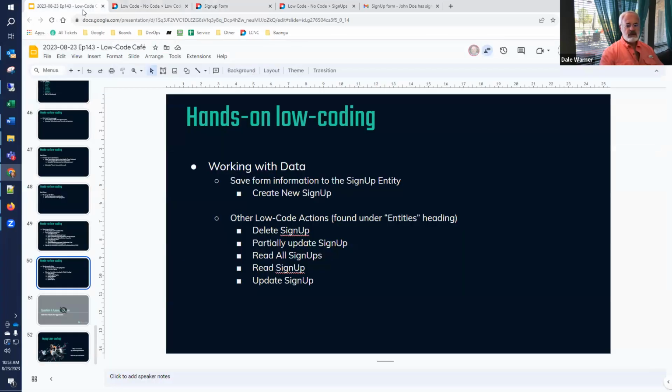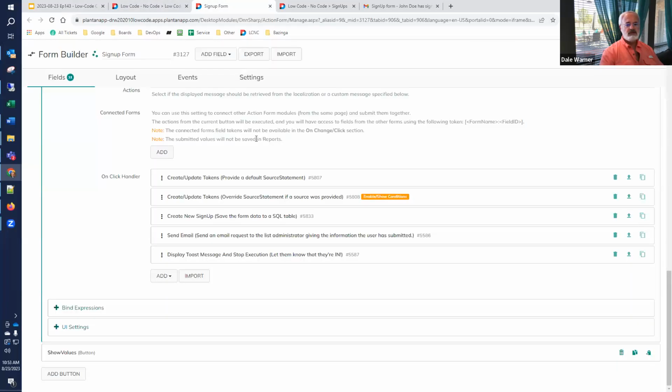For the remainder of our time, I'm just going to talk and take a look at these other actions that got created for you. I'm going to do that by adding them to our click handler. I'm not going to save it, so I'm just using this as a vehicle to display these things. So we've covered new sign up. The next one is